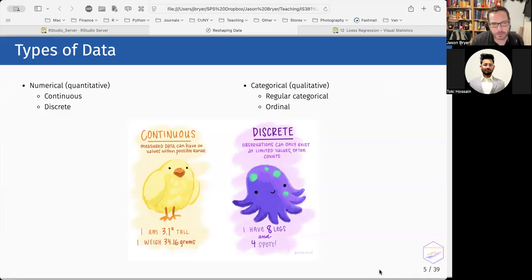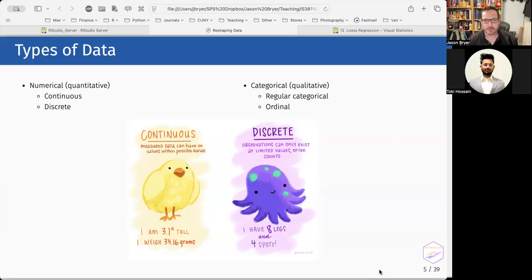And then we could have discrete variables, which are like counting data. If we're counting things, that might be more discrete. Here's an example: if we have an octopus, and we count how many legs or how many legs does an animal have, or how many spots, that would be discrete because it only takes whole numbers, whereas